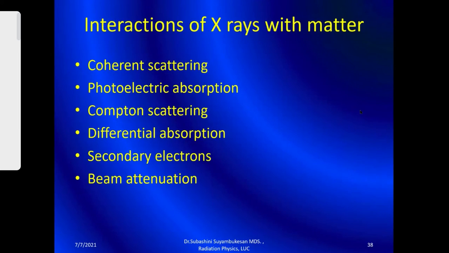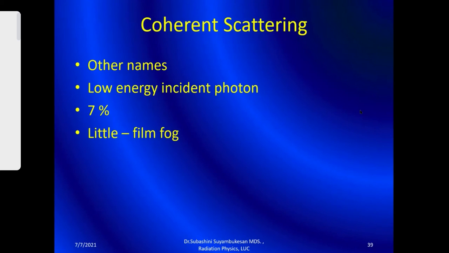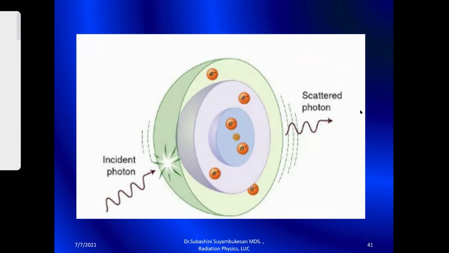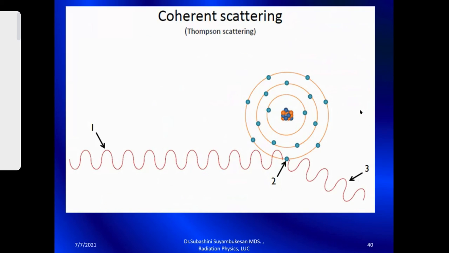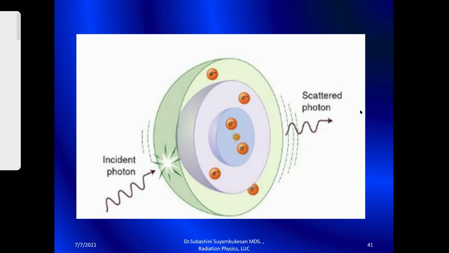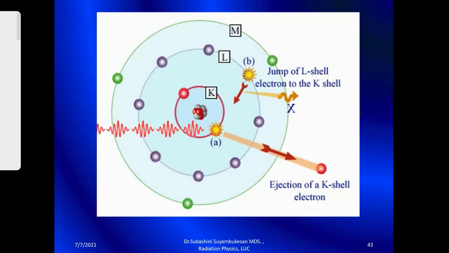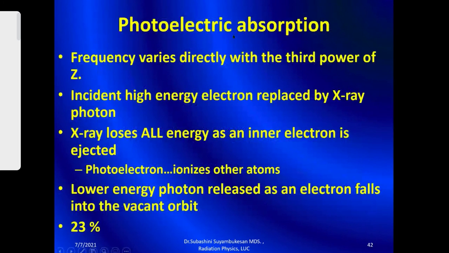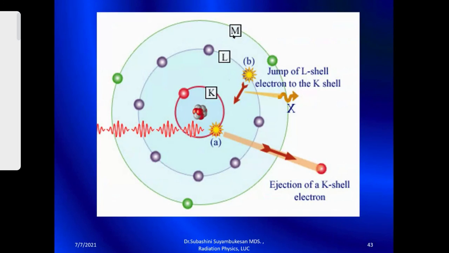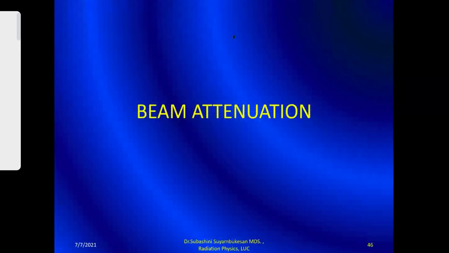Interaction of X-rays with matter, again this is an important, probably a short X-ray question. Okay, so when the X-ray photon interacts with the tissues, what will happen? So an X-ray photon can scatter, can decelerate, can be absorbed. Okay, clear? So photoelectric absorption is very important. Because of this difference in absorption, you have an image being formed. Okay, clear?